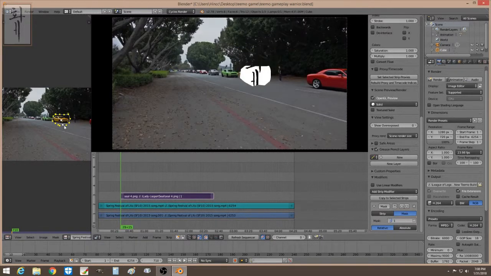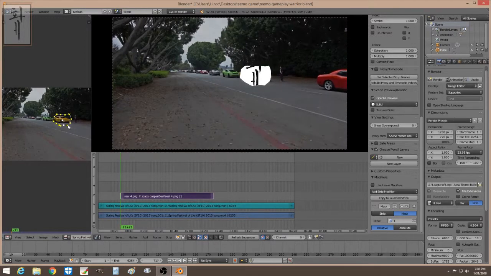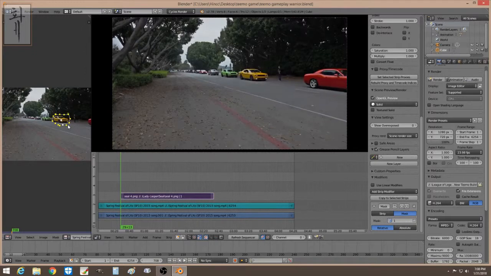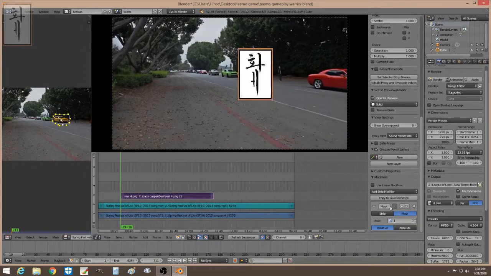This is the exact shape of this part right here. Right? So when you move, it shows the exact shape of this part. At first it wasn't like this. This is actually the full image. But when you put a mask on it, it only shows up on the area that you mask,